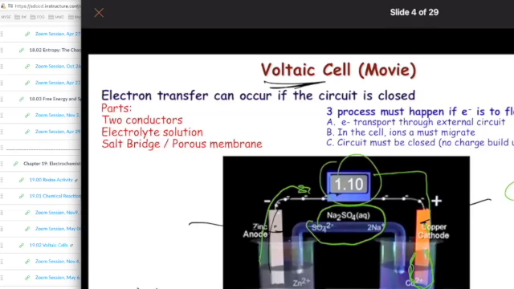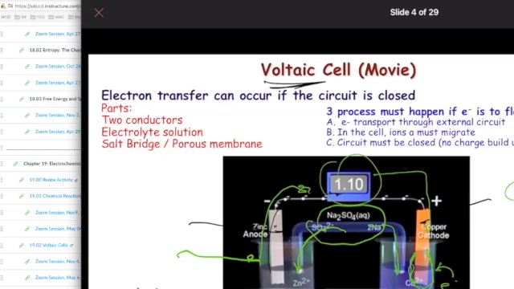Because there's a buildup of negative charge on this side, it's got to be counterbalanced by the sodium migrating to that side. The electrons build up, so it's got to be counteracted by positive cations flowing to that side. That means that the negative anions are going to be flowing onto the left side to counteract the fact that this side, because it's losing electrons, is going to start building up its positive charge. If it's increasing its positive charge, then the negative ion is going to neutralize that. So that's the flow